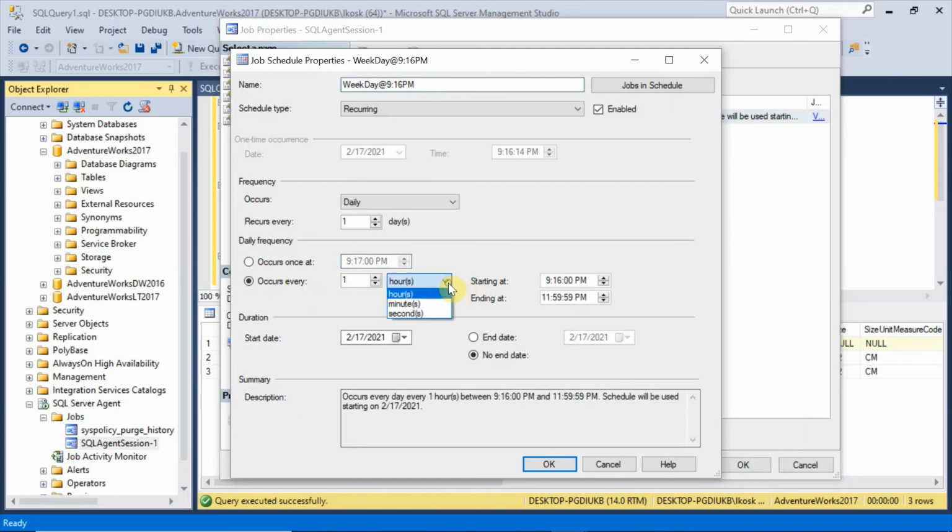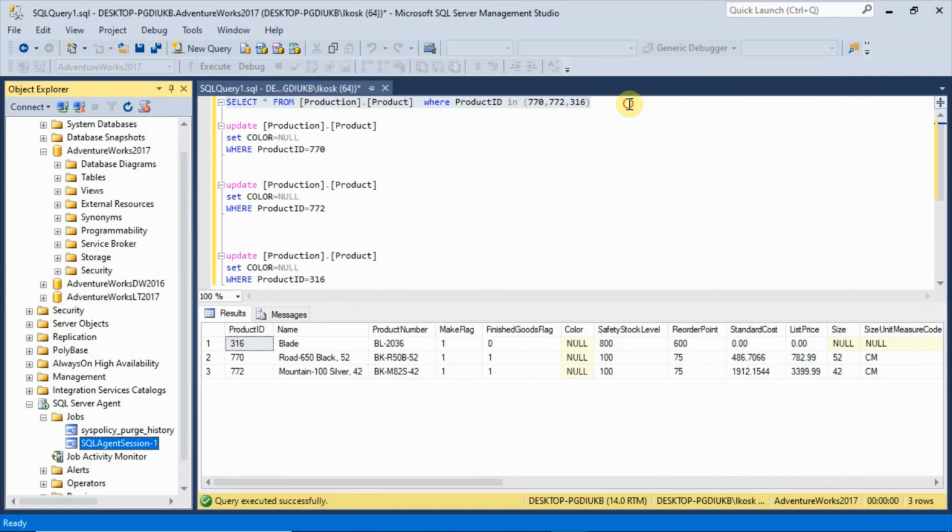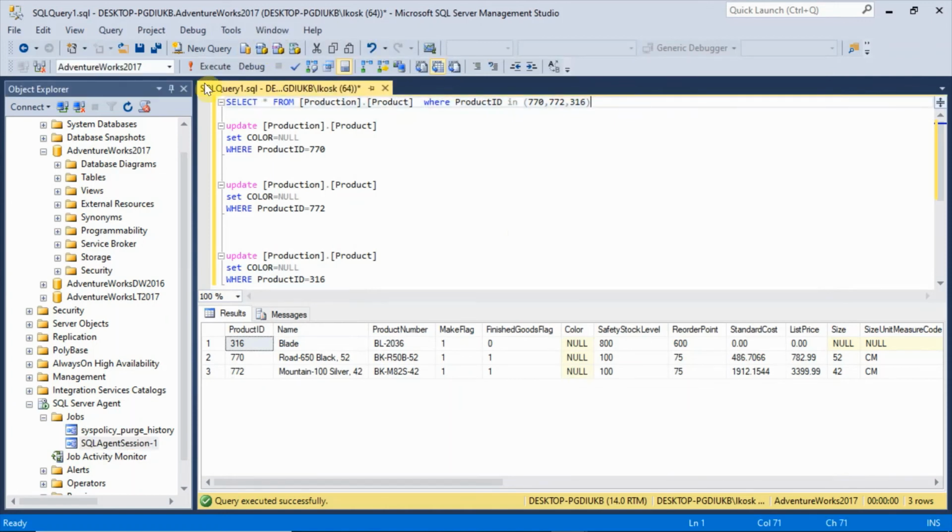Or I can change it here to every minute, right? So starting from 9:16 up to 11, every minute this job will be executing now. Okay, I will click OK.